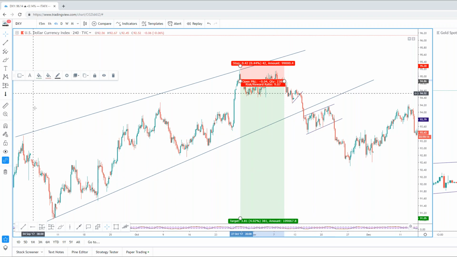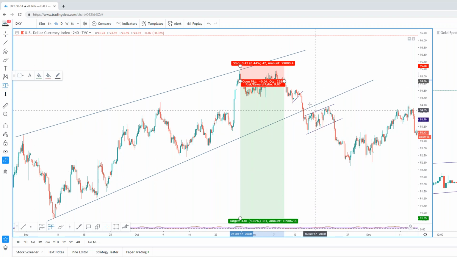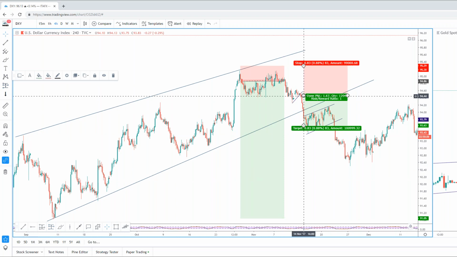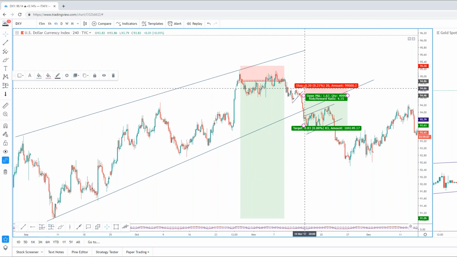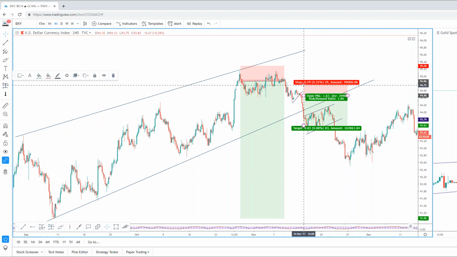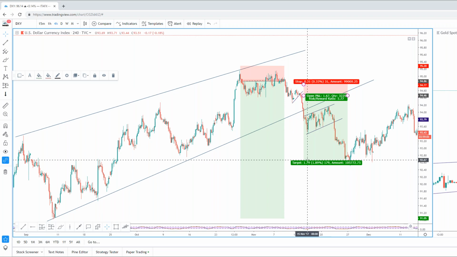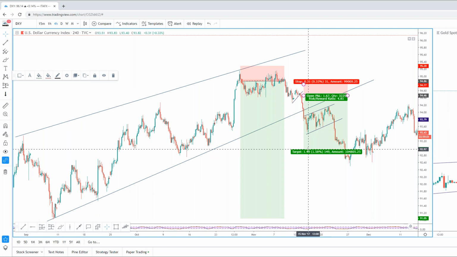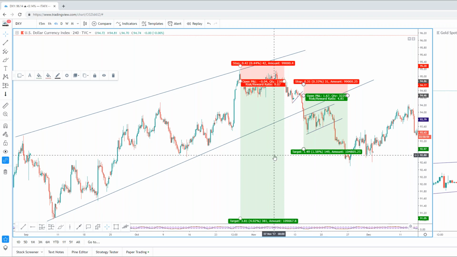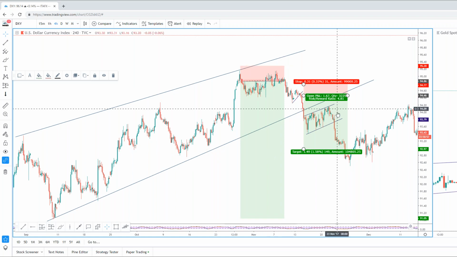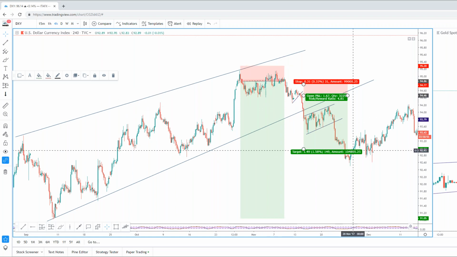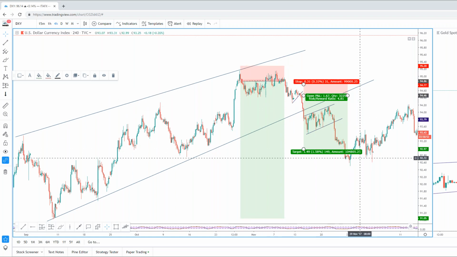Sorry, I'm fibbing. I've just got that wrong. Hold up, I just forgot to change this. One sec. 30 pip stop. Move to there. Got stopped out here. So 4% there, 9% there. So we're looking at 13%, maybe nearly 14%, and then 1.5%. And so about 15% we made on that trade last year.